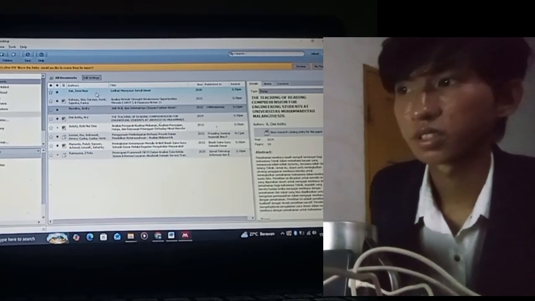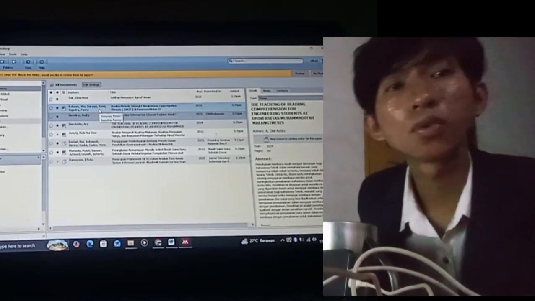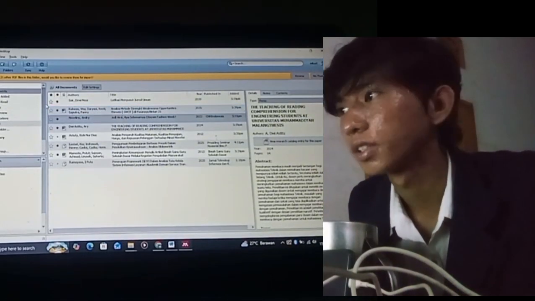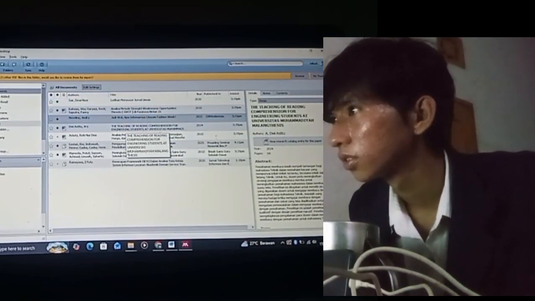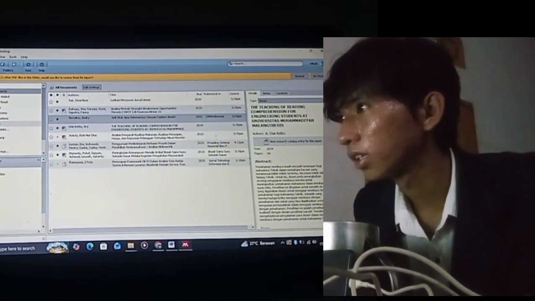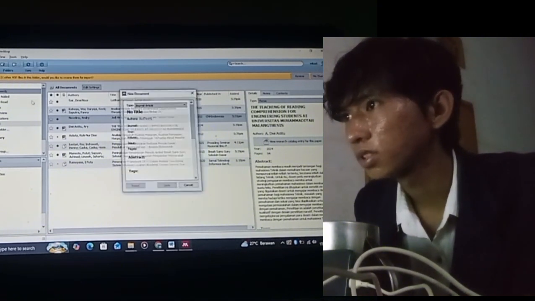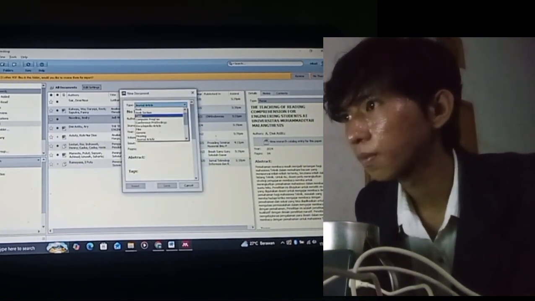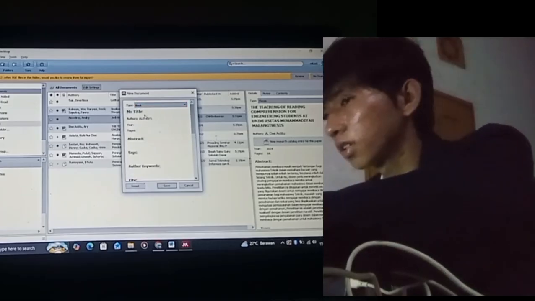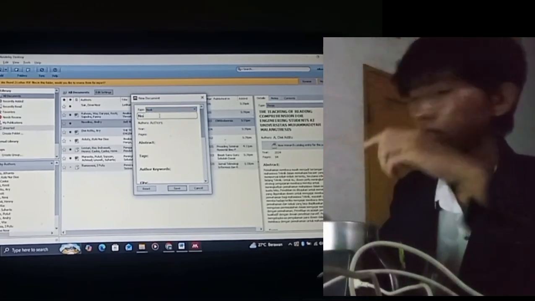So the next is how to cite a book from a physical copy using Mendeley. You need to click add entry manually, choose the type book, and the title you can fill from the book like this.